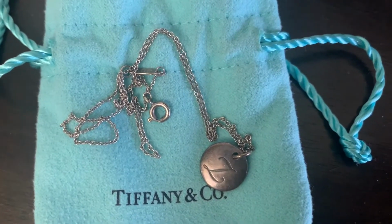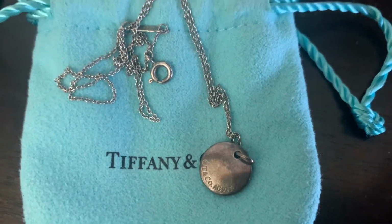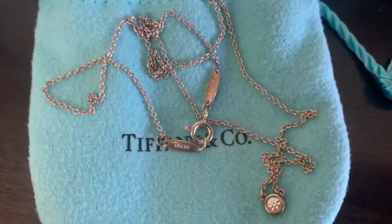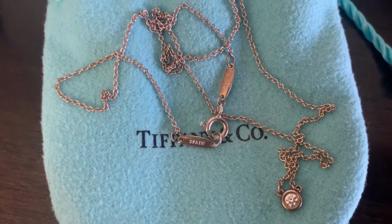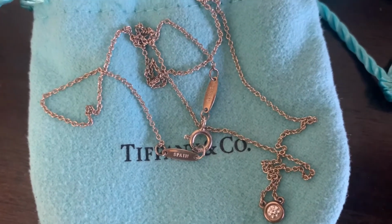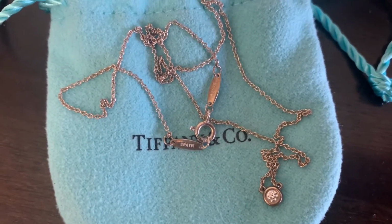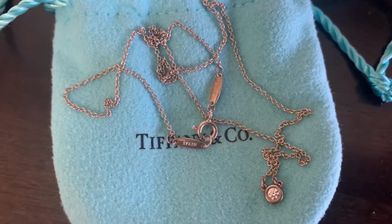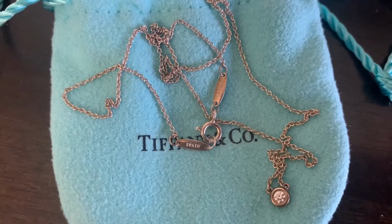This is how it looks like right now. It's very dark. I'm going to clean this silver with diamond Tiffany necklace. This is my daughter's necklace. I've seen a YouTube video from one of my friends here. Follow her instructions and see how it goes, because Tiffany right now, it used to be just so easy to